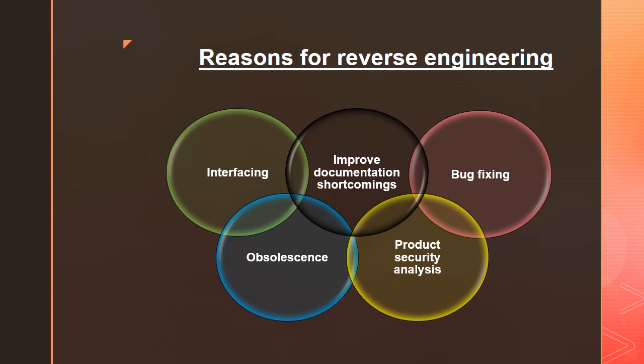And at last, sometimes the software becomes obsolete, and in that case it is not working in a proper condition and it is not maintainable, and because of this we need to redesign the entire product. So in all these cases where we have existing software, we need to do reverse engineering, and in that case also we need to rectify these software.